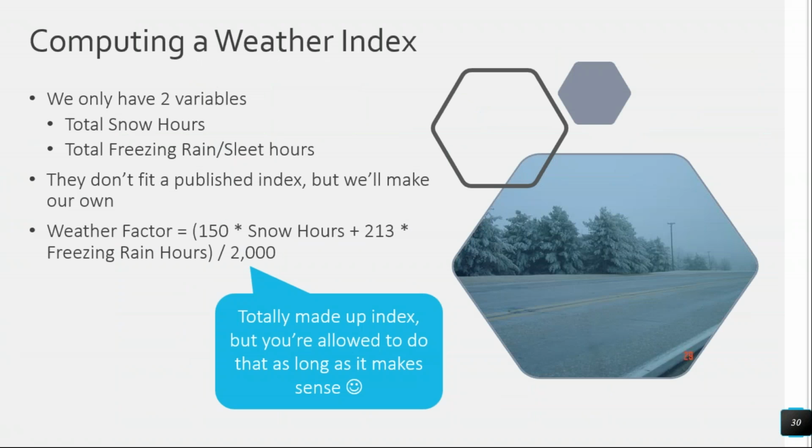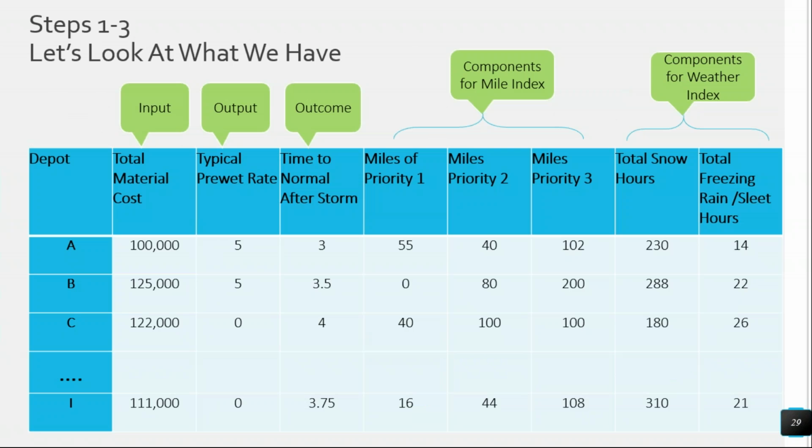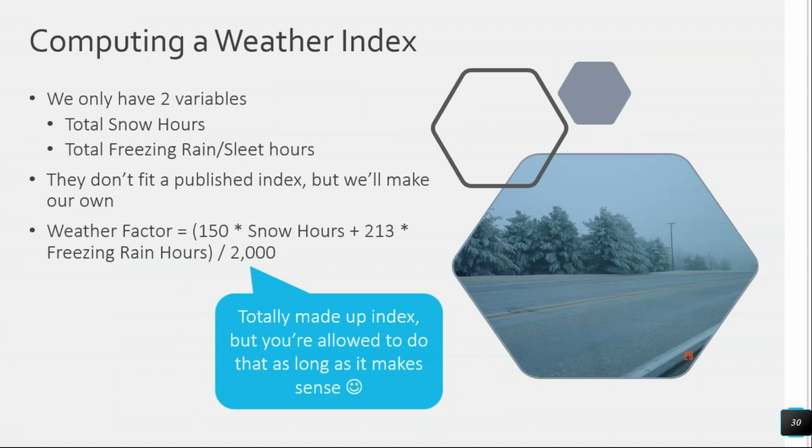So the first thing we need to do is look at our weather index. We have two variables. In this chart up here, we had total snow hours and total freezing rain or sleet hours. That's it. They don't fit a published index, but we can totally make our own as long as it makes sense. And this index here is one that I mocked up for the purpose of this little example. As far as I know, it comes up to something pretty close, but